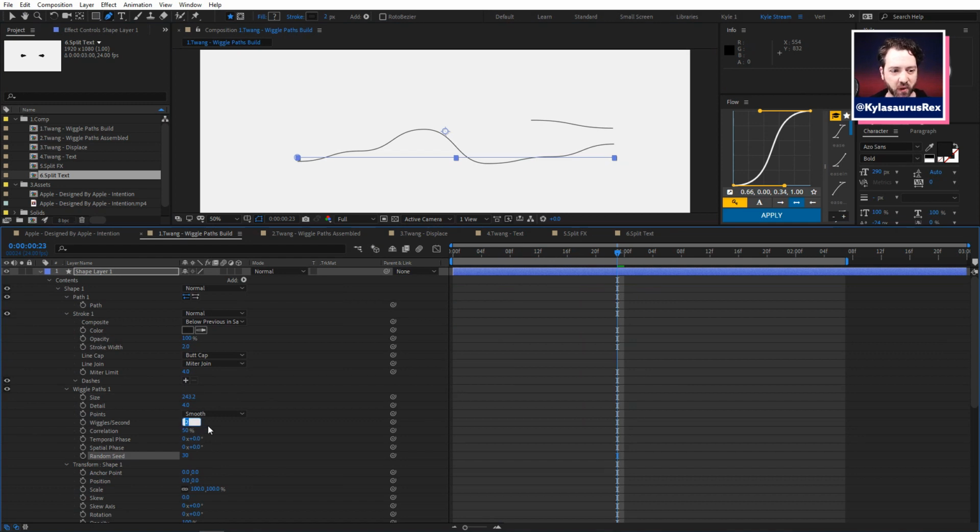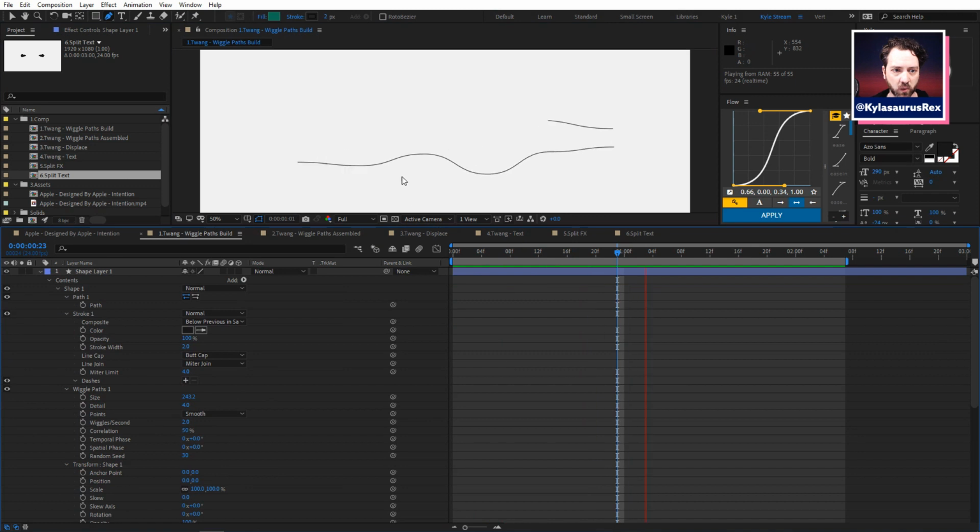Personally, with all these built-in wigglers, if I just let this go, you see it's set to wiggles per second right now, so it'll wiggle itself, okay? Let's go ahead and get rid of that other one for a second. I don't usually like that. I don't really like the control that I have there. So I like to animate one of the phases instead, because it gives you a little bit more control. Depending on which one you use, you can make things flow along the line a little better. And the correlation also can be really helpful here.